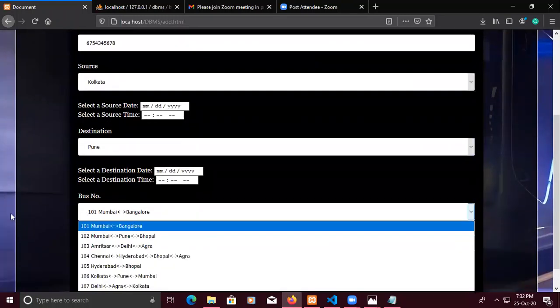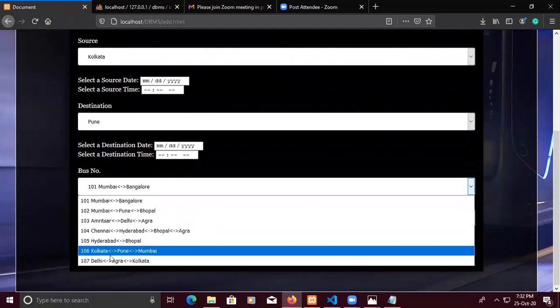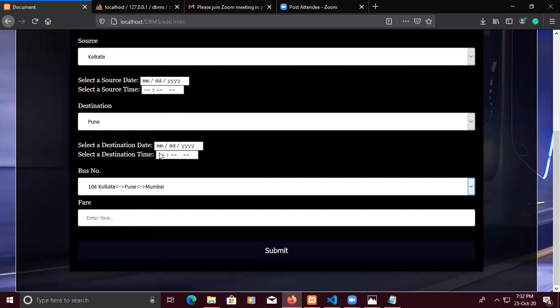There is a route from Kolkata to Pune, this bus 106, and on this bus he will reach his destination, Pune. Then the person will be dropped in Pune, and the bus will go on to its Mumbai destination.